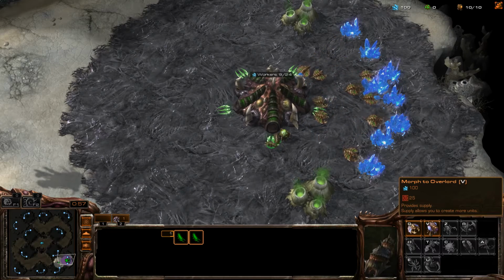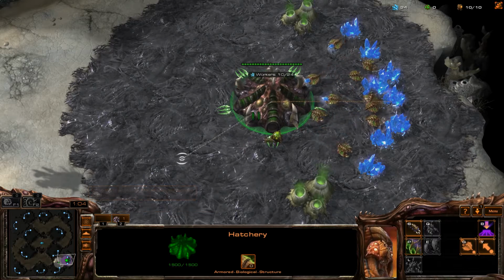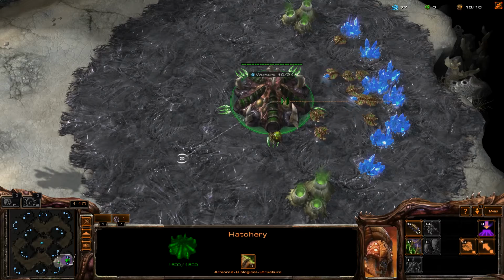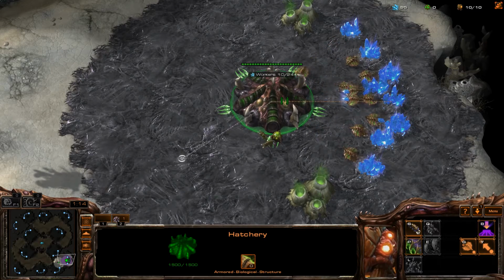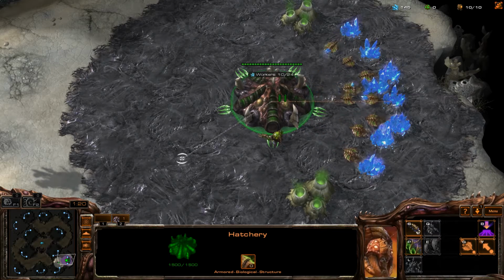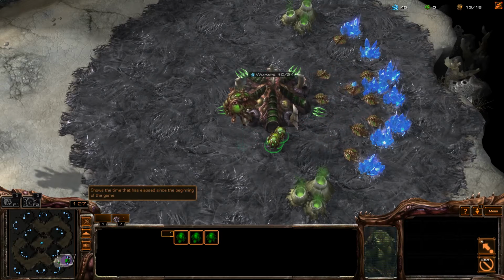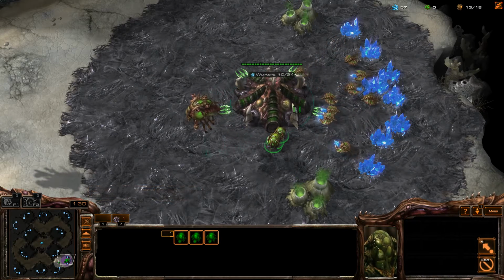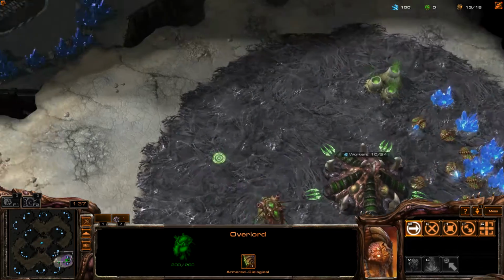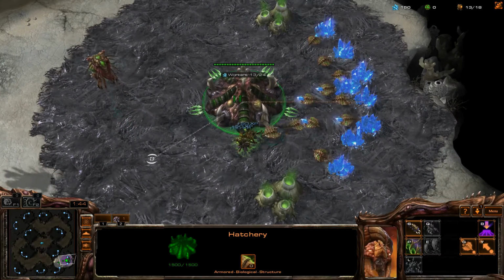So I 10 pool to my overlord. It's right about the 1 minute mark, which is fine. After you've done this like a million trillion times, you'll have it memorized. But basically there's builds online, sort of like there's builds for MMOs and other strategy games, where they tell you exactly the minute marks all the way down to the second that you should have every single hoova. They'll also tell you that you should go scout with your overlord and shit, but